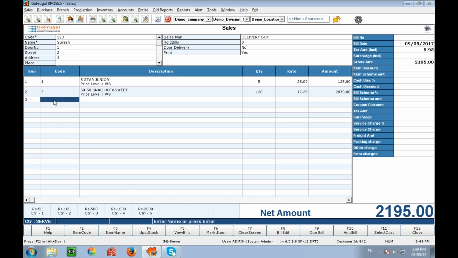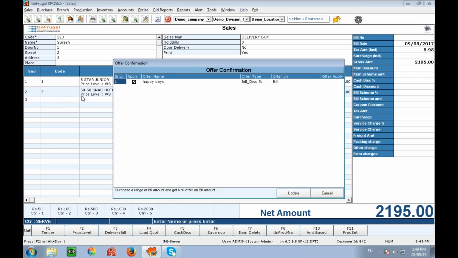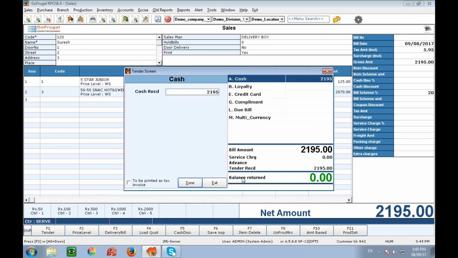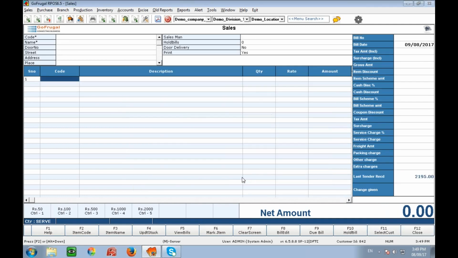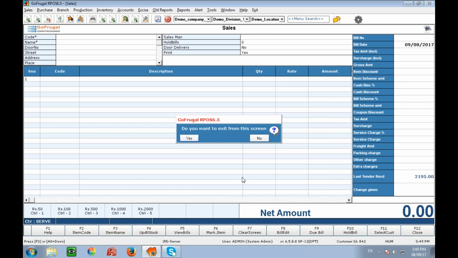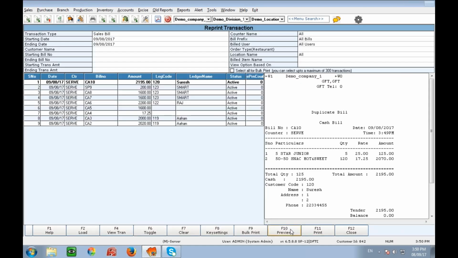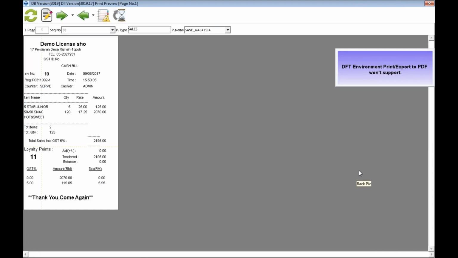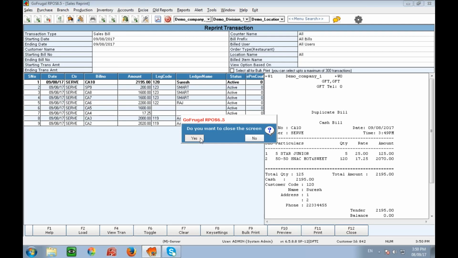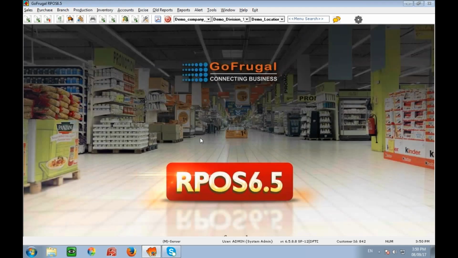Automatically this customer name will be fetched. Then if you proceed for billing, the loyalty for this will be calculated. You can see the loyalty points calculated for this customer. Only with loyalty cards will the loyalty be calculated; for no other customers will this be calculated. So this is how the complete loyalty part works in the GoFrugal section.